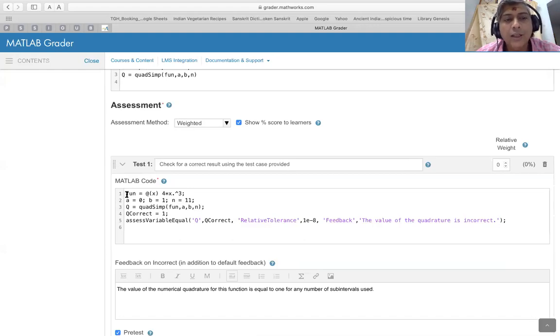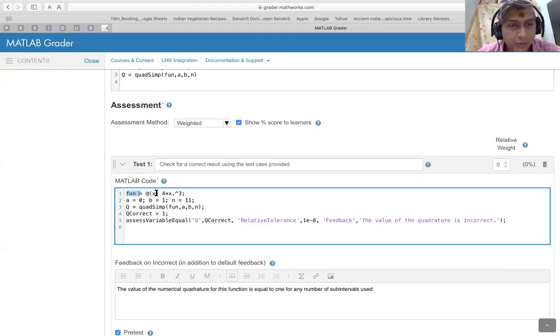It is essentially testing the output of the user written code for a function that we have seen earlier. And the correct answer is given here. So essentially it is integrating 4x cube between 0 and 1, and the correct answer is being provided here.